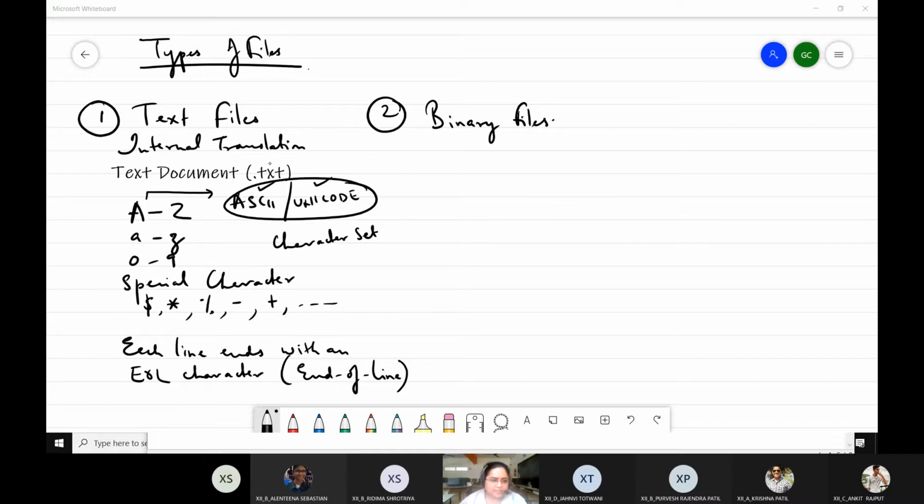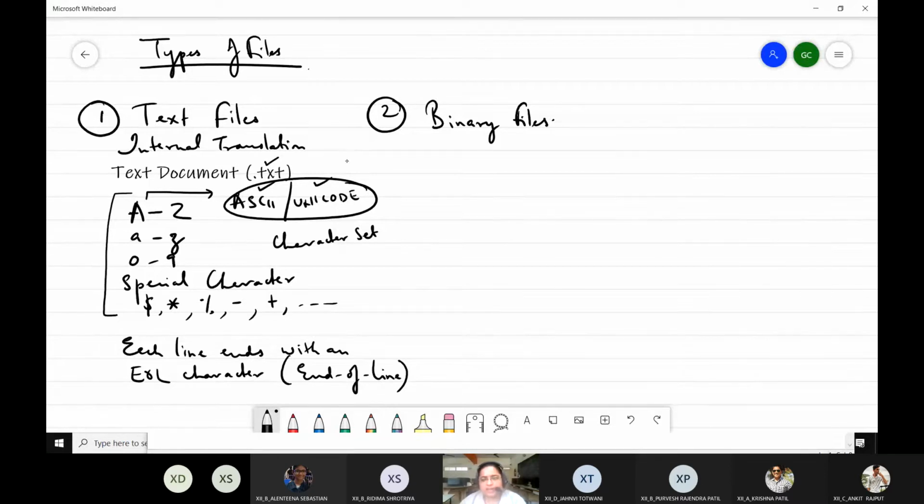So in a text file, like I said, internal translation takes place and all the text files are saved with the extension .txt, and basically it will save everything using ASCII or Unicode coding, which makes it very clear that we can only save textual data in text files.